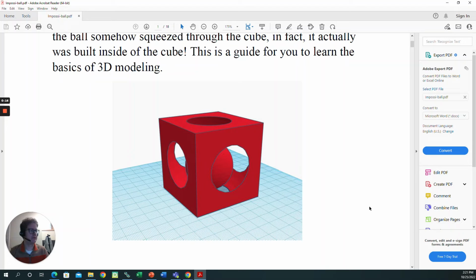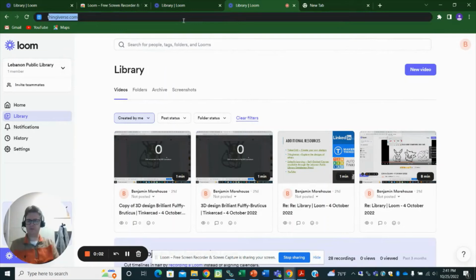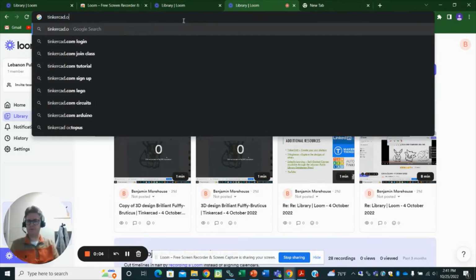without breaking it. The cool thing about this is it exemplifies a lot of the concepts that we talked about today, such as bridging at the top, or building a support underneath the ball. So we're going to jump into TinkerCAD and see if we can make this. I'm going to go to TinkerCAD.com and we're going to begin